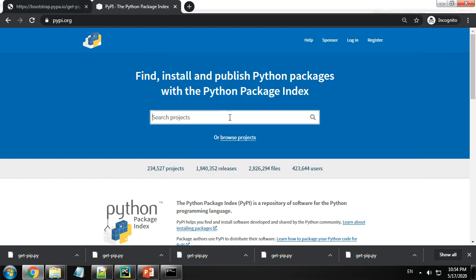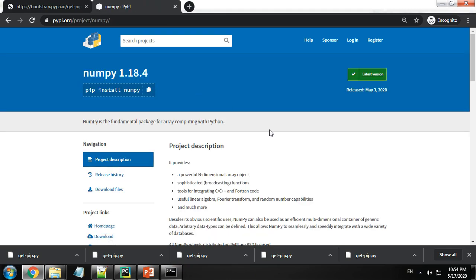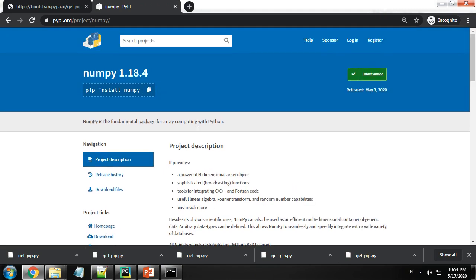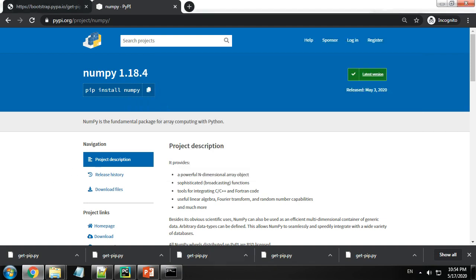So now we are going to install something called NumPy. What is NumPy? NumPy is something which we'll be learning later on, which is a very good package for calculations, for algebra. So here we go. The command to install NumPy is right here, pip install numpy. Once you know the exact name of the module which you want to install, you can type the exact same thing, or simply press this icon which will copy it for you